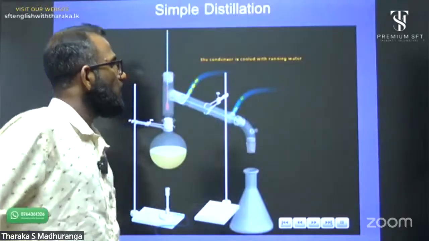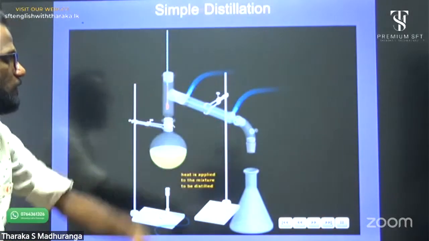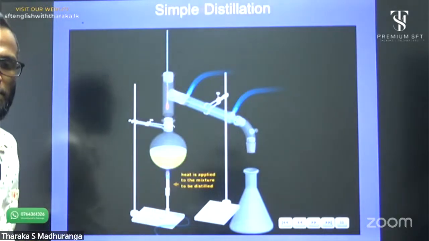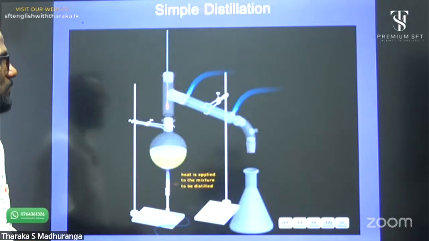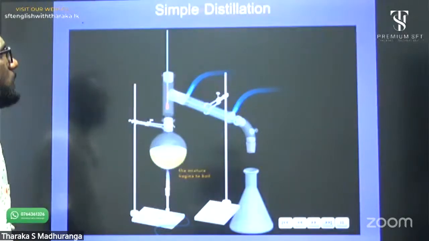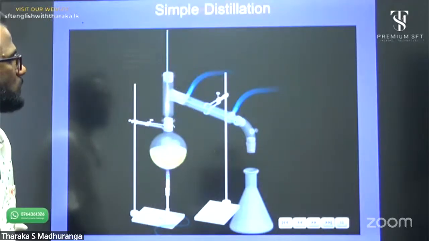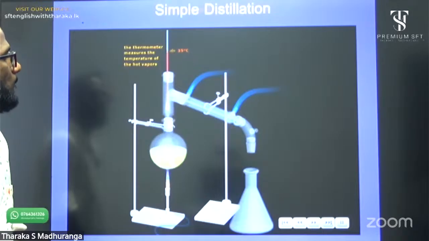Filled with cold running water. Next, heat is applied to the mixture. This is a cooling process. The mixture is heated until it boils, and the hot vapors will travel up the distillation head. Measuring the temperature of the vapors helps us to identify the liquid being distilled and will help to confirm its purity. If the vapors are pure, they will have a constant temperature equal to the boiling point of the liquid